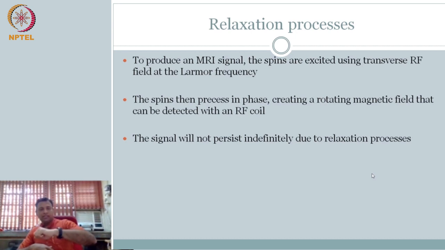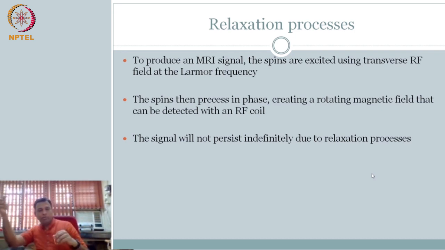So what happens is, the moment you apply the excitation, they all try to obey the command only till the excitation is there. But thereon, nature kicks in. The moment the excitation pulse is off, they all start to lose their coherence. Therefore, what will happen if they lose their coherence? Signal strength will start to go. This process is called relaxation.